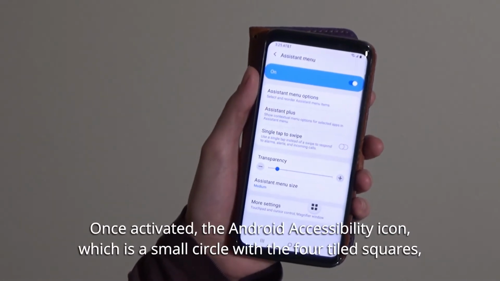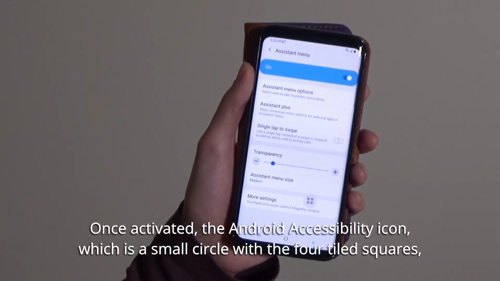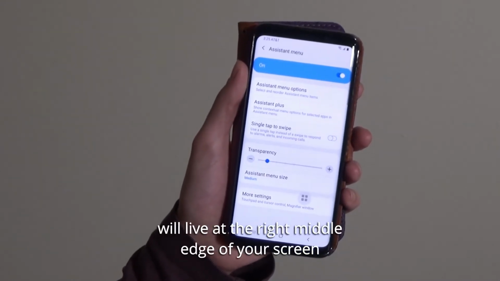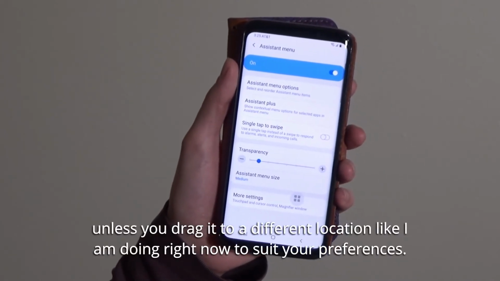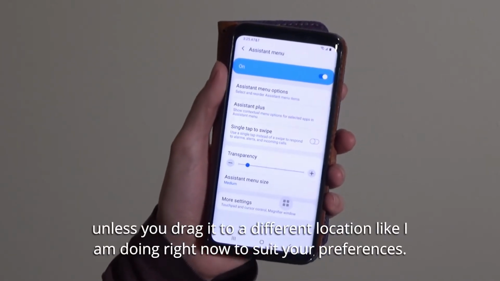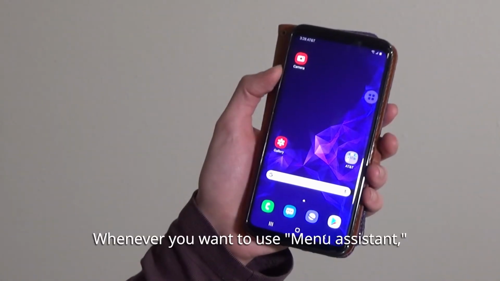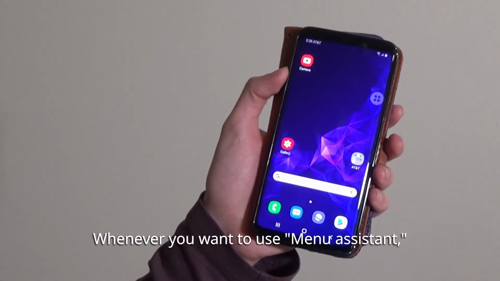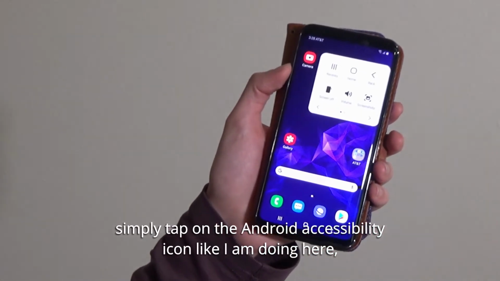Once activated, the Android accessibility icon, which is a small circle with the 4 tiled squares, will live at the right middle edge of your screen, unless you drag it to a different location, like I'm doing right now, to suit your preferences. Whenever you want to use Menu Assistant, simply tap on the Android accessibility icon like I am doing here, and